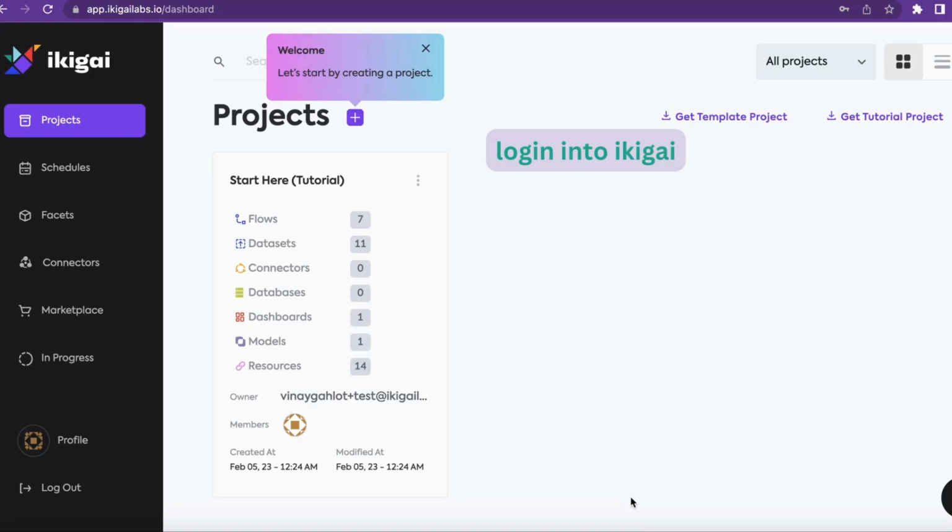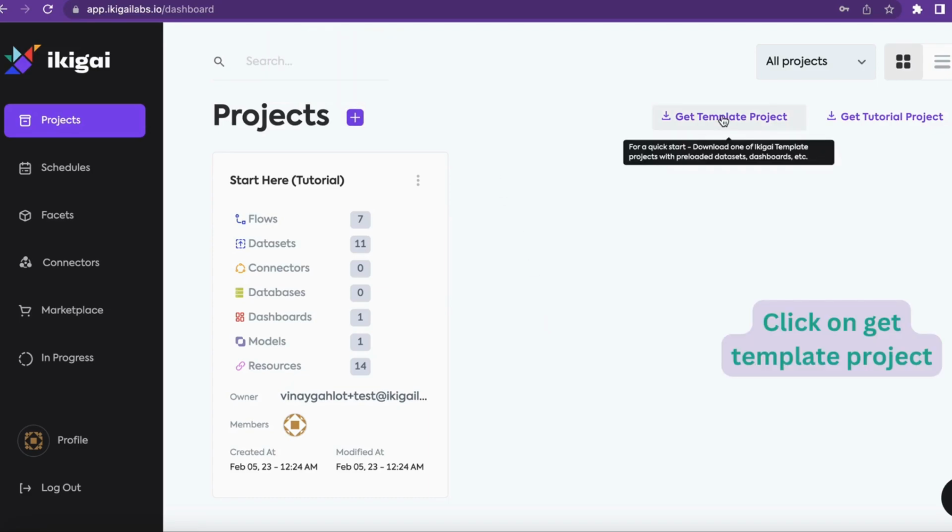In this video, I'll show you how you can access your case competition quiz. So once you log in to your Ikigai account, this project window will appear. What you need to do is go to Get Template Project,